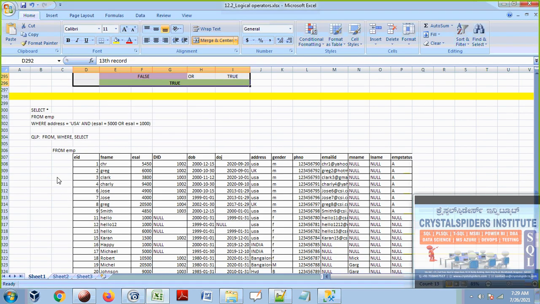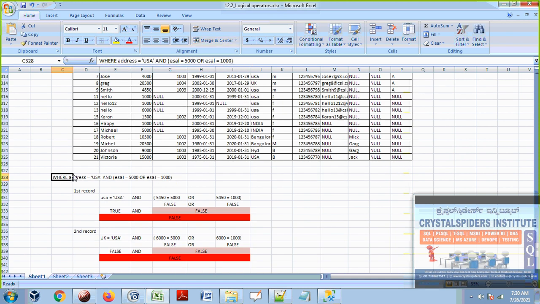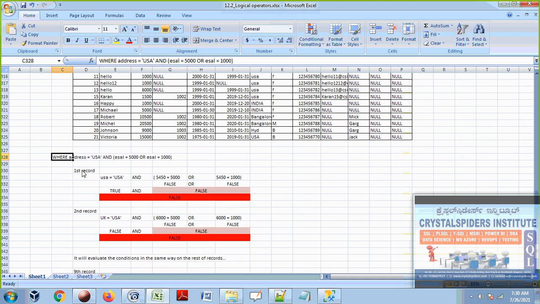The same SQL query is here, with the same parentheses, FROM clause, WHERE clause and then SELECT clause. See how it is going to start processing.